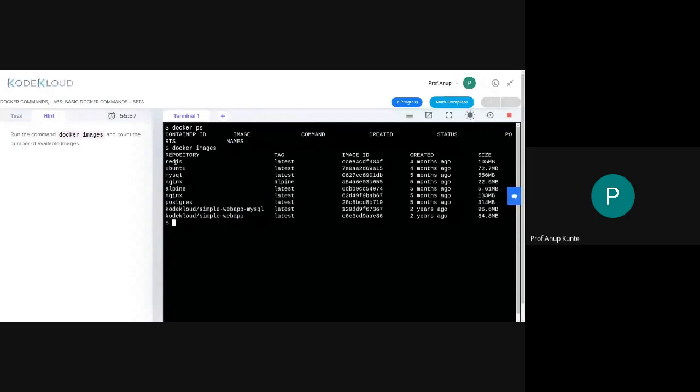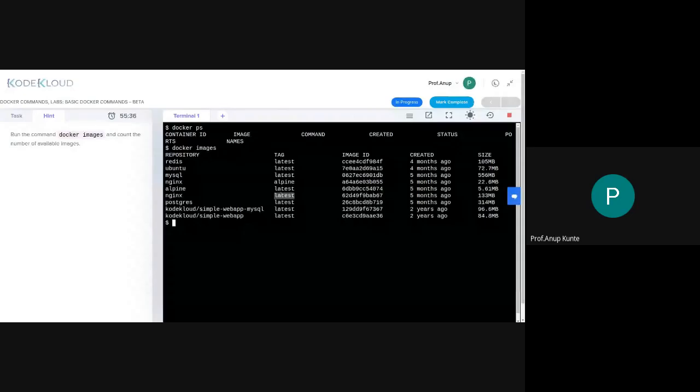So there's Redis, which is a web server, then Ubuntu, MySQL, Nginx, Alpine, and Nginx, another version. So there are two versions of Nginx. This Nginx version has a tag called Alpine, and this Nginx version is called the latest Nginx version. So there is some sort of maintenance-like thing done over here.